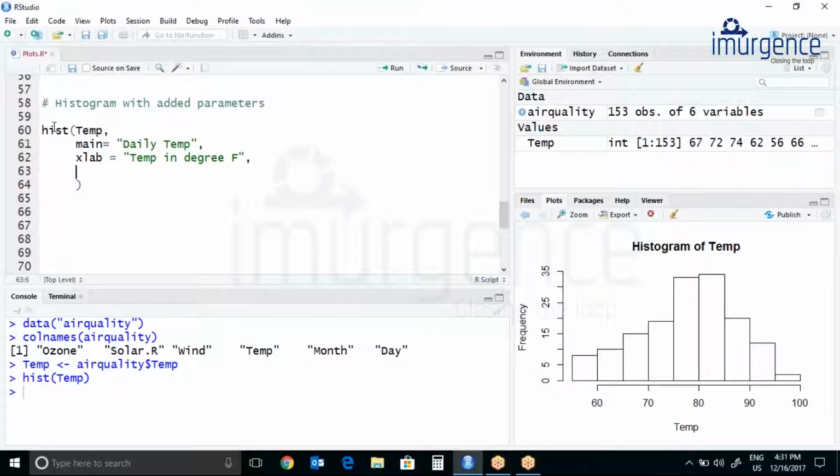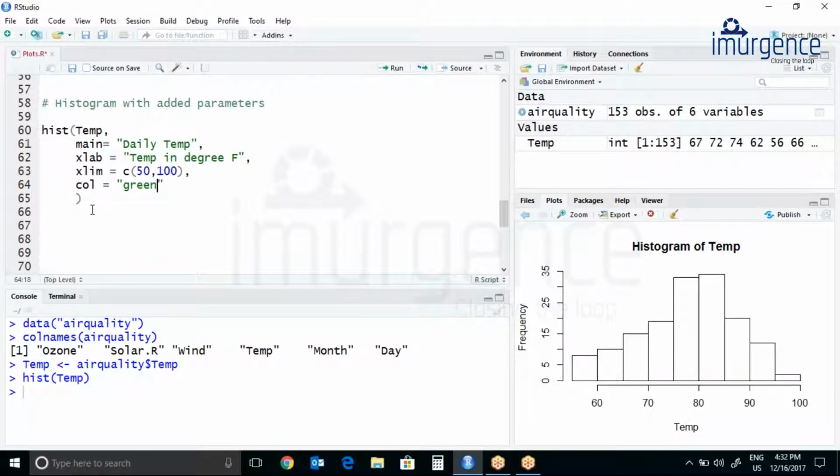Let's add limits to our x-axis. So xlim equals to, in this case you can see it's starting from 60 to 100. So I will add my own limits: c(50, 100). Okay, let's add a color also. Let's make the color green.